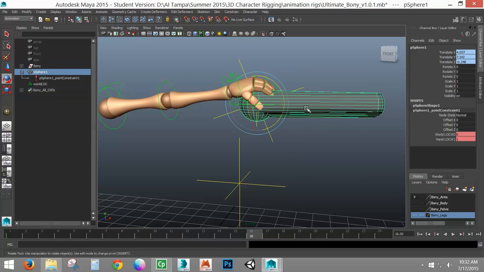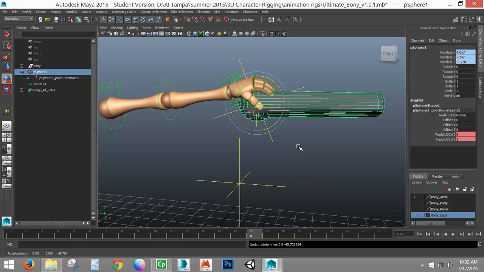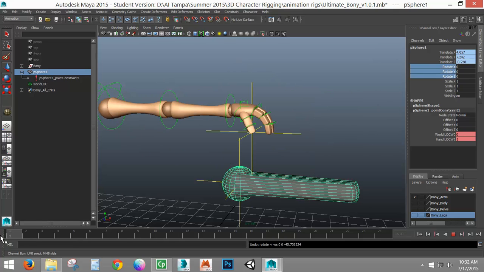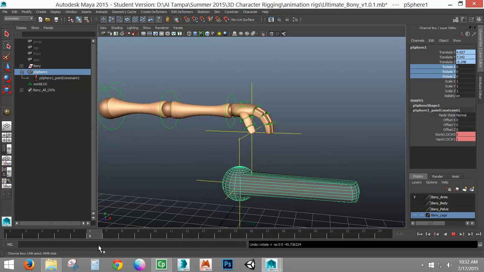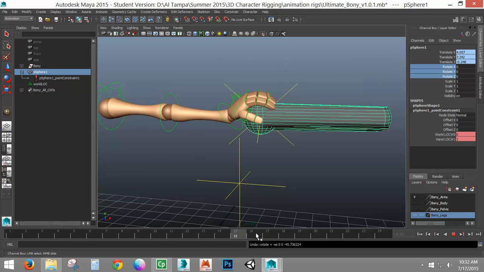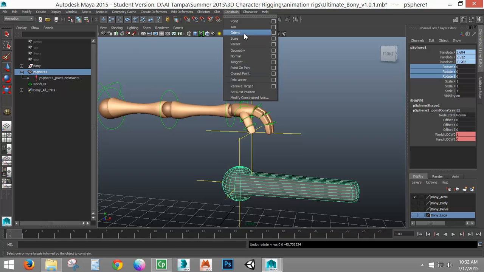You could, if you wanted to, rotate this by hand, but if you're going to do manual rotation to keep this alignment, you just have to be very aware that you don't hit S to set the key. You need to do a key select on your rotations. Or you can do another constraint. And these can be applied at any point. That's really the great thing with constraints. You can apply them at the beginning, in the middle, or at the end, it doesn't matter. They will still hold. Because a point constraint does positioning, it does your translation. If you look in that constraint list, there's a whole bunch of things going on here. There is also orient. Orient is going to refer to your rotation.